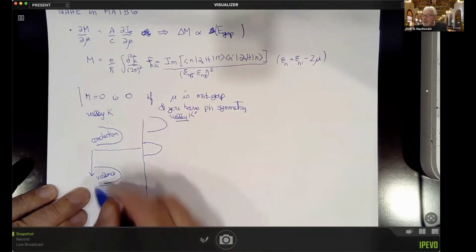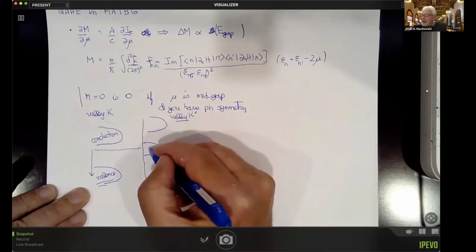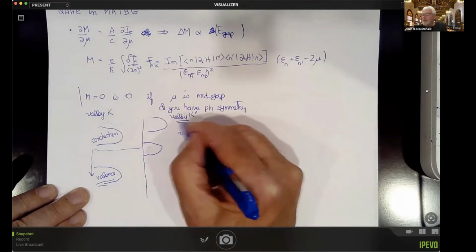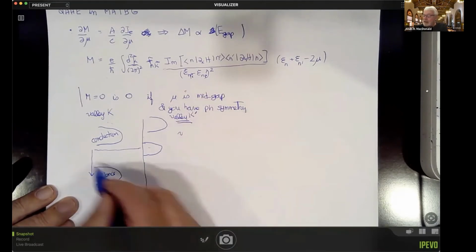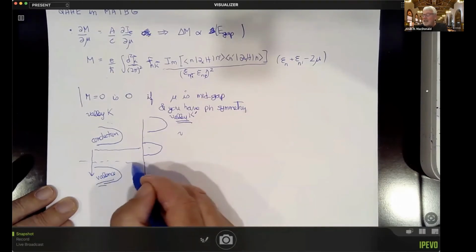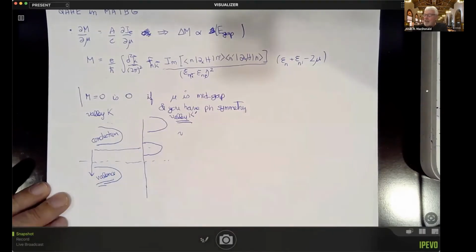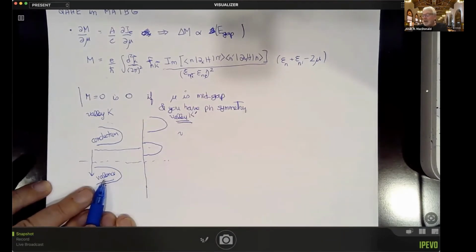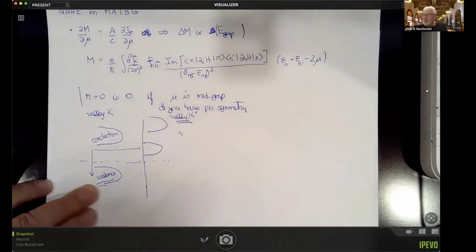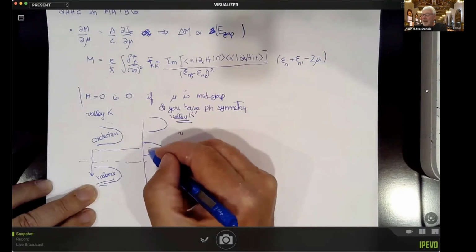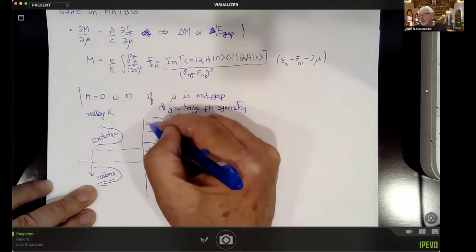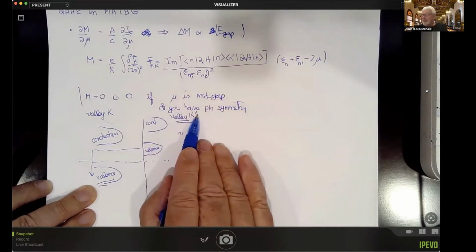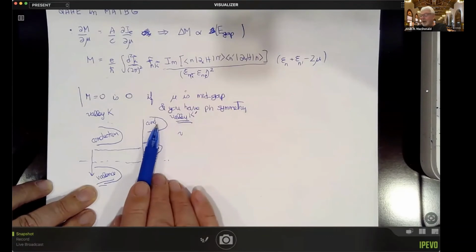I occupy the valence band for valley K, but not for valley K prime. And so if I have an insulating state with filling factor 1, the Fermi energy has to lie somewhere in this gap. The closest state, the conduction band, is actually in this sketch in the other valley. Okay, so this is valence, it's conduction. So in valley K prime, neither of these bands is occupied.